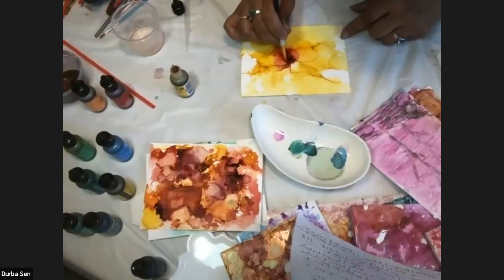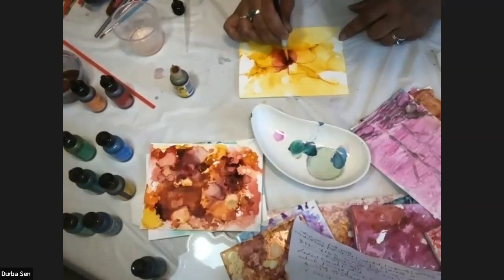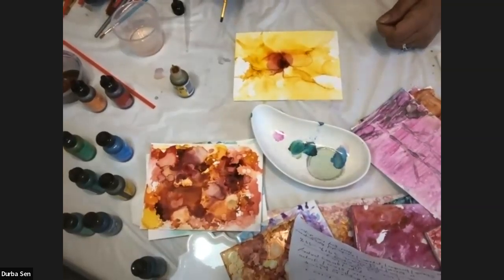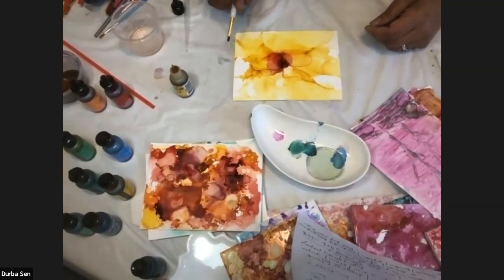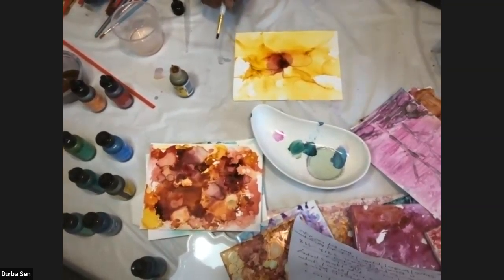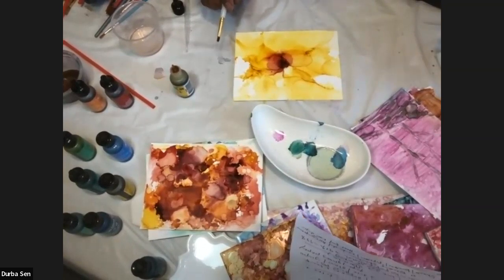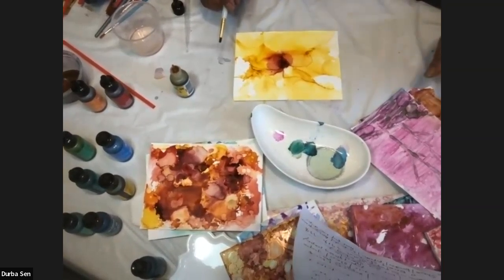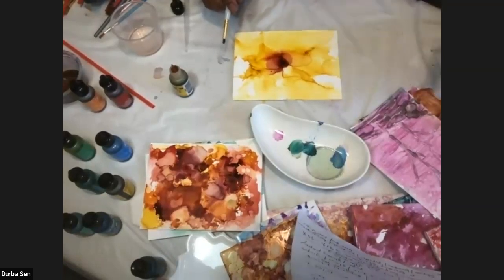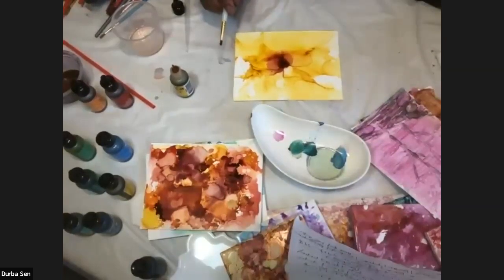And we have more questions. The question is, can we use alcoholic paints on canvas? You can and cannot. Canvas is a porous surface. You need a non-porous surface always for alcoholic ink. If you can prime the canvas with paints and a primer to seal all the spaces and the pores, you can try, but it works better on